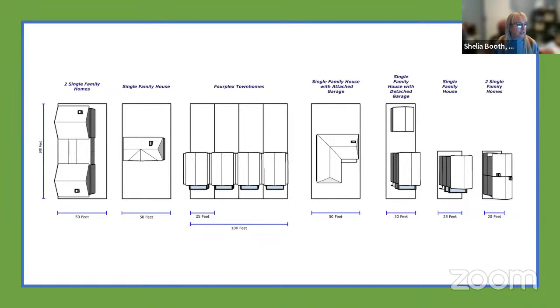Then we looked at also a 20 foot by 50 foot. Could you fit anything else on there? And you can see you can get a duplex on there. Again, no parking, it'd be on-street parking, not a lot of space around it for shared open area, but you can fit it in. So again, it's going to come down to what is the intent? What are we looking for? How compact do we want these developments to be?